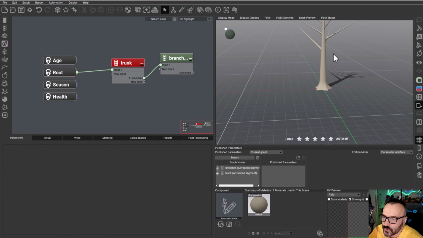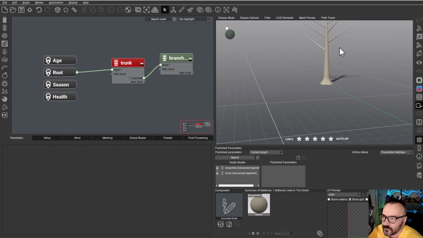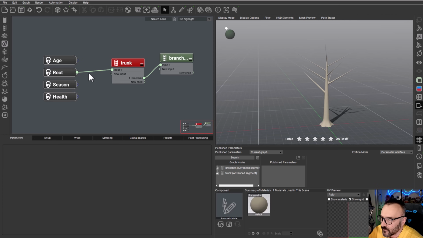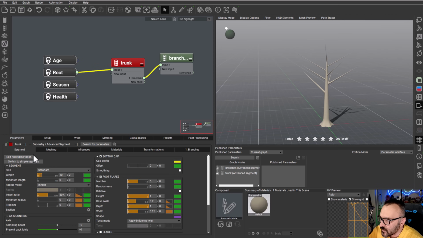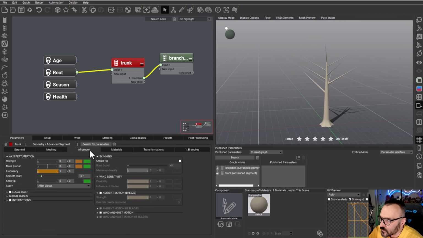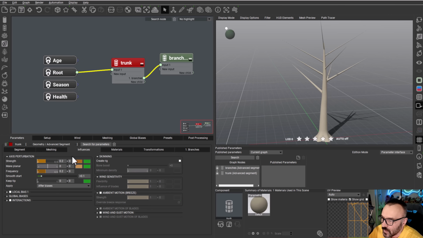But you know what? Our tree is a little bit too straight. So we'll go again to the trunk, and we're going to influence right here. And where it says perturbations, let's just type 0.2. We'll just have a teeny tiny, and see how it's already changed. Well, frequency 1, I think it's too much. So let's take our frequency, reduce to 0.2. So just a little bit, and you can see just a little bit of bending around, and we can increase, again,